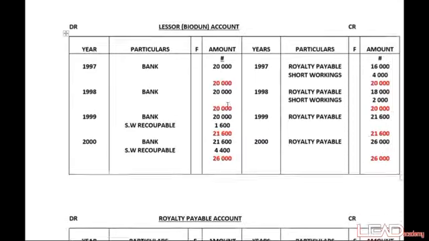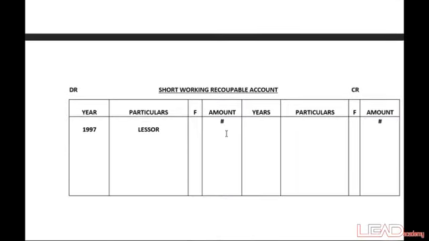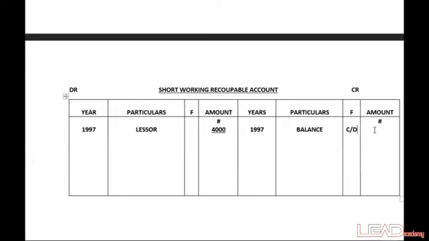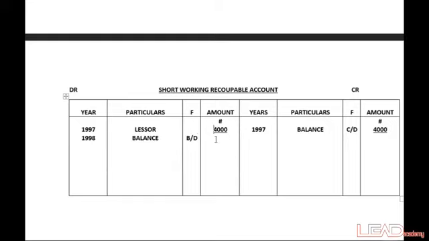So which means we debit our lessor of 4,000, and in year 1997, on the credit side, you have a balance carried down. In order for this debit side to be equal to the credit side, balance carried down of 4,000. In 1998, you bring this balance forward to the next year. So which means this balance 4,000 naira is going forward. So balance brought down of